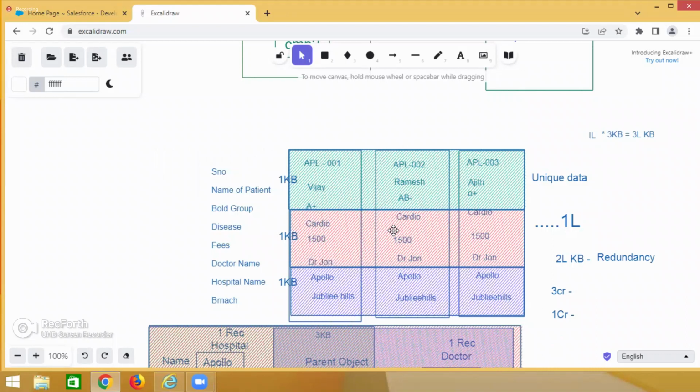While we are capturing some particular data, for example patient data, there will be so much duplicate data. That is called data redundancy. For that purpose, what will we do? First of all, we'll create some records like this on paper or